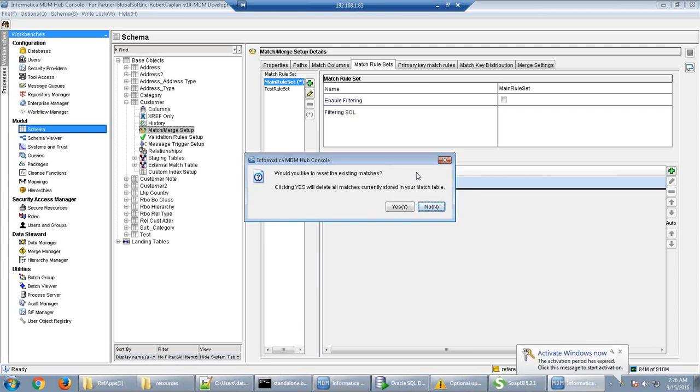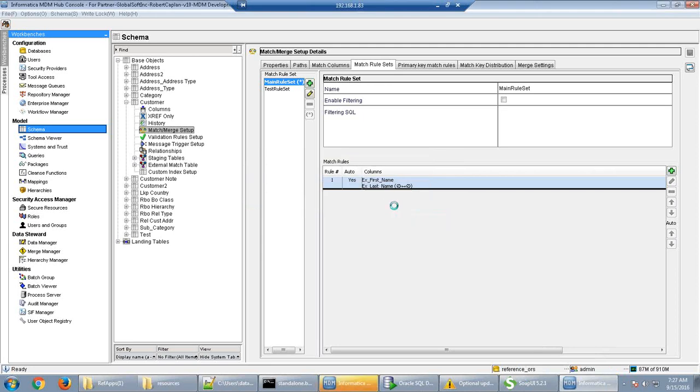You will have to truncate all your tables, reload the data again, and then you can run the match process. That I don't want, because I don't want to reload the data in my table every time. So I want to truncate my table and set the consolidation indicator value to 4. This will do that if I click on the yes button.